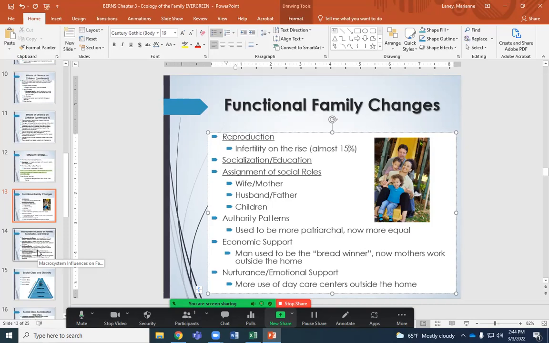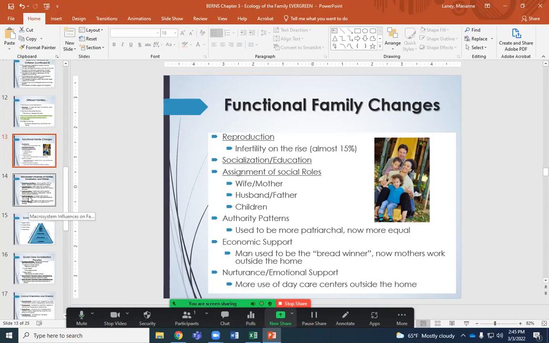And to be clear, I want to be very clear with this. Your extended family is still in your family bubble, even though you might not see them but once or twice a year. People try to put those in the exosystem. They are not, because we have phones, we have email, they're still a part of your family. They may not have the day-to-day influence on a child, but they're still part of your family. So family on its own, any part of your family, extended or not, is still in your microsystem. People like to put it out in the exosystem, but they're still part of the family. And so that keeps it a little bit clearer.